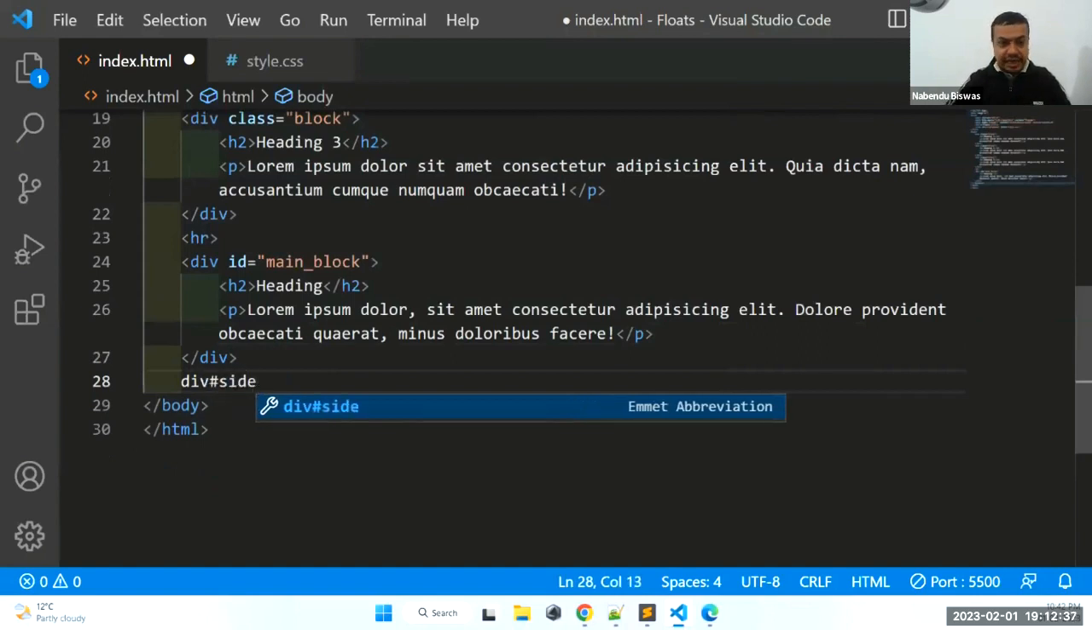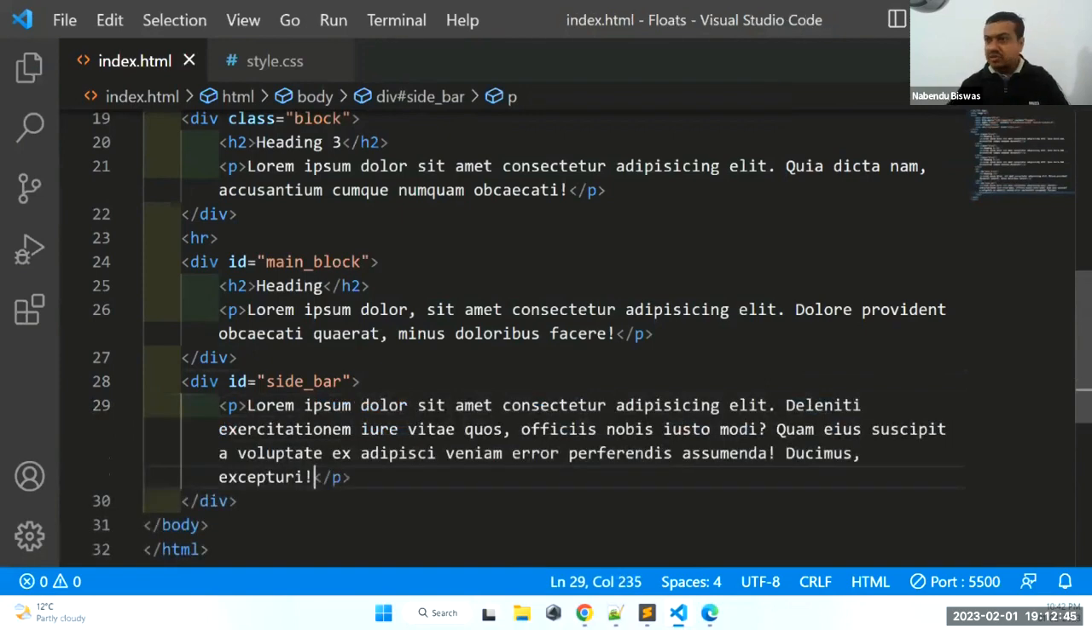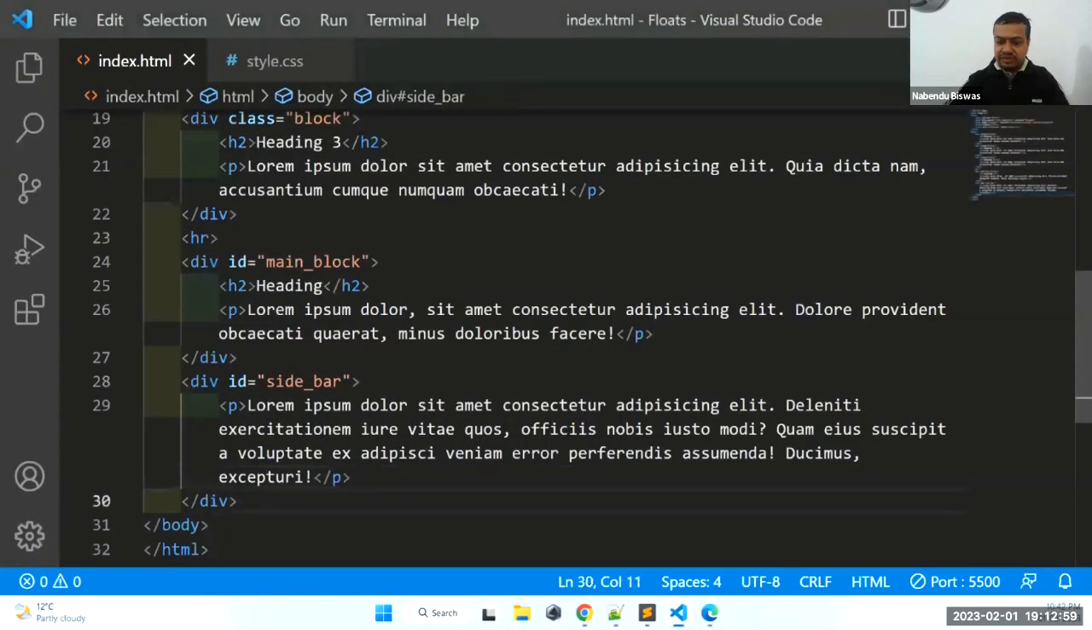So I'm using IDs this time, right? And key lorem 30. Okay, like this I'll do. Now again, this will come one after the other. Now I want to create a 2-column layout. So 2-column layout, like there should be a sidebar here. So again I will have some after this, and now